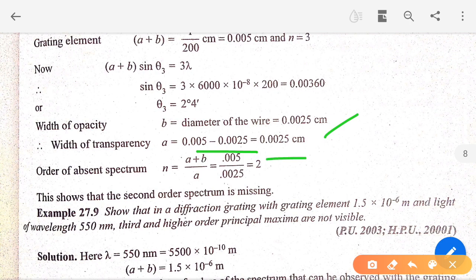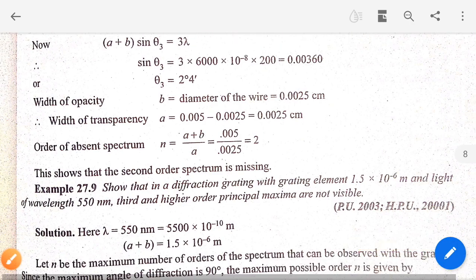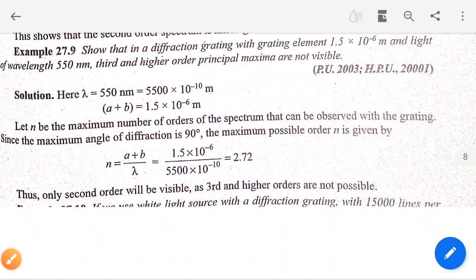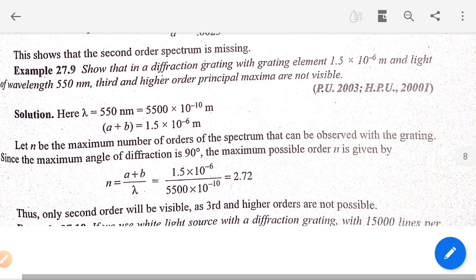So the order is present: the grating element divided by the transparency, that is (a+b)/a, is given as 2, and this shows that the second order spectrum is missing in this experiment. For this value, the second order is missing. Moving further, show that in a diffraction grating